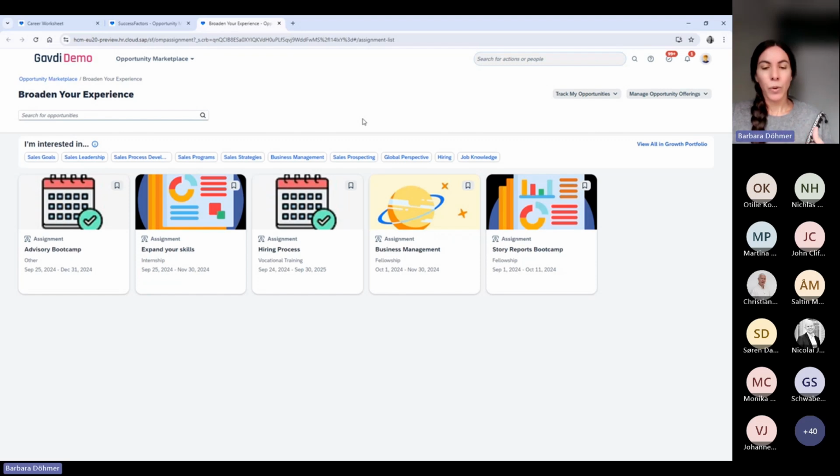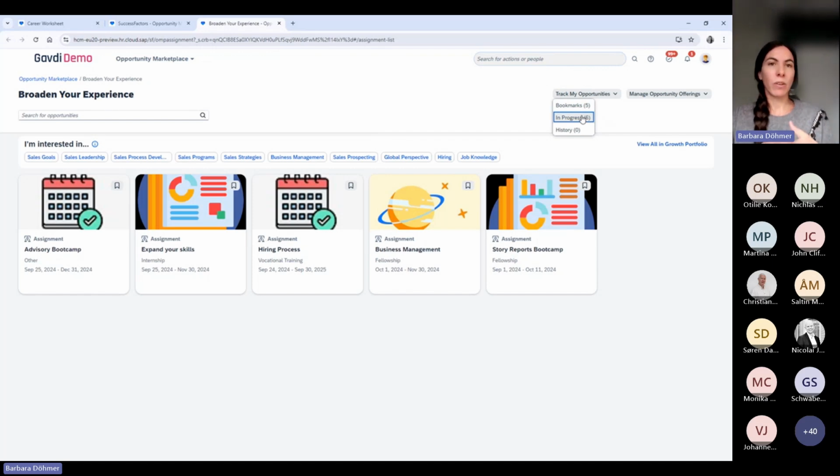Okay, good. So let's say I've been looking for opportunities within the marketplace. I am keeping an eye on certain opportunities. I am interested in other opportunities, but then you can also keep track of all of these opportunities that you are exploring, and you can check what you have bookmarked, so what's in your bookmark shelf, to decide, yes, I want to go for this, or perhaps not now, but later.